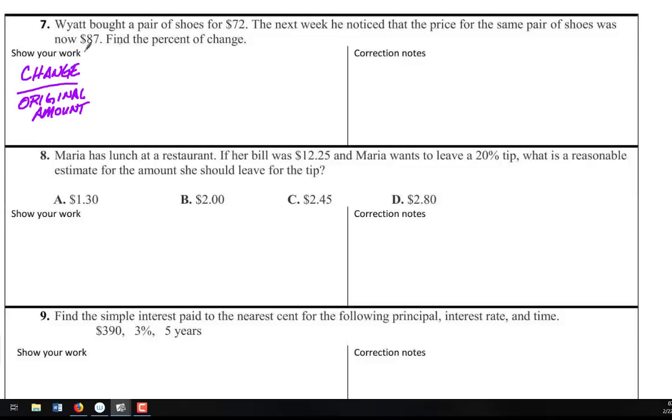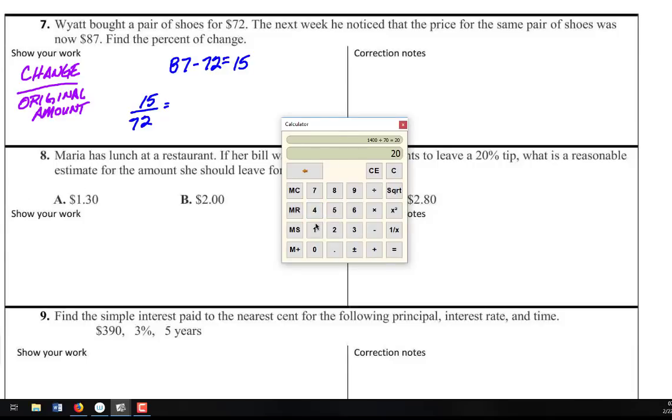In Wyatt's case, the shoes were 72. They went to 87. So to get the change, we have to do 87, take away the 72. That's going to be 15. So we need to take that 15, and we need to divide it by the original amount, by the 72. Now, we could put that into a percent proportion if we wanted to, or we can grab our handy calculator, and we can do 15 divided by 72 equals